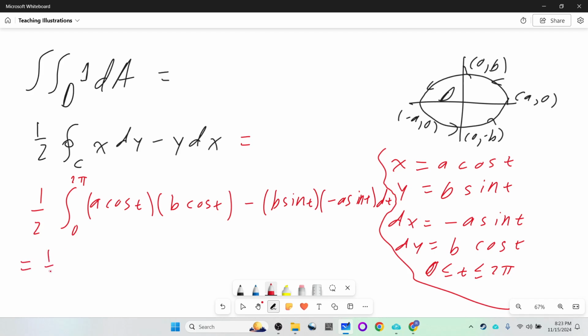So expand that out. It's 1/2 integral from 0 to 2 pi of ab cosine squared t plus ab sine squared t dt,